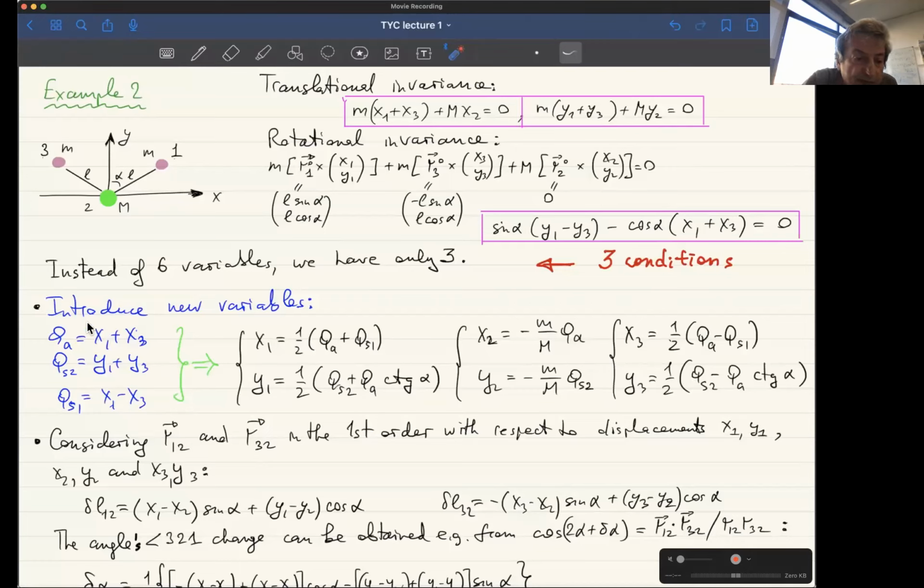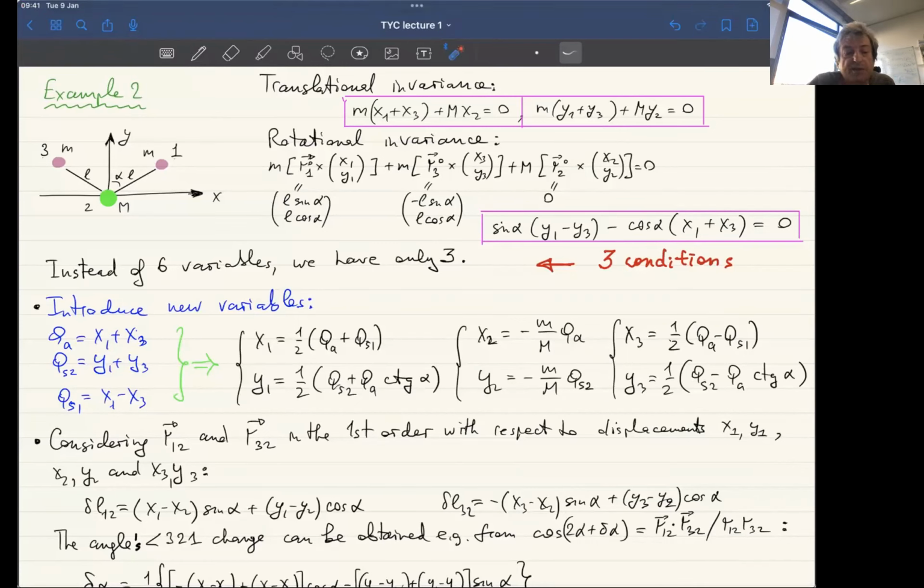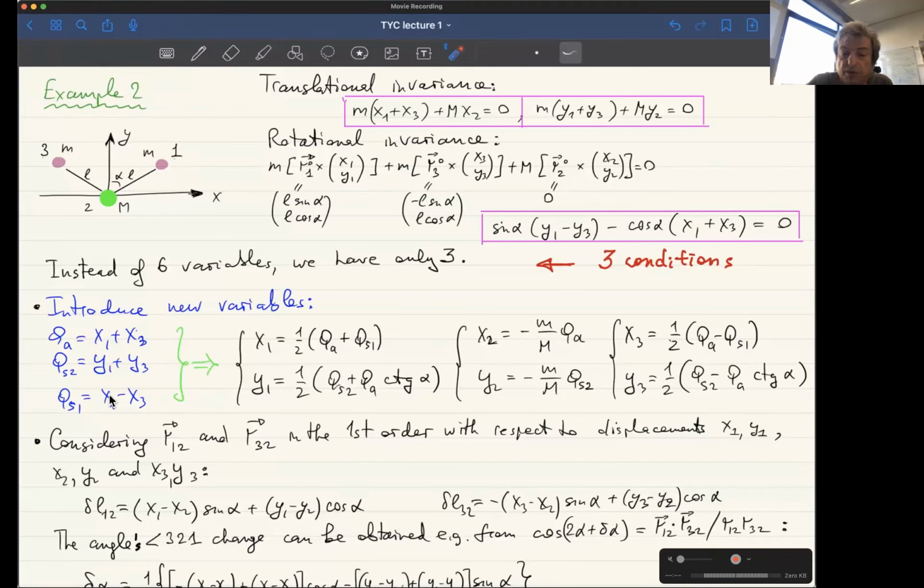So then, following the linear molecule example, we introduce new coordinates, QA, QS2, and QS1, using these notations. And using those and the 3 constraints we have, we can express coordinates X and Y of each atom exclusively via these new Q coordinates. Which shows that these 3 coordinates are actually sufficient to describe vibrations of the molecule,